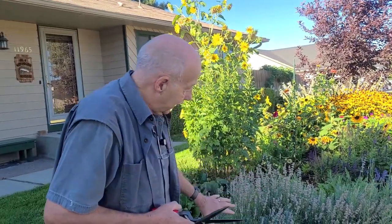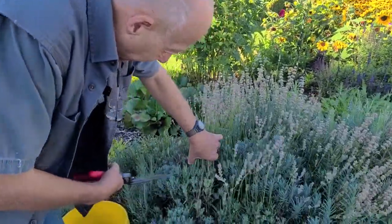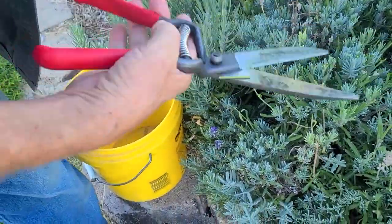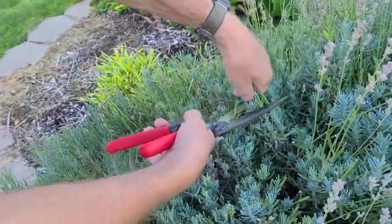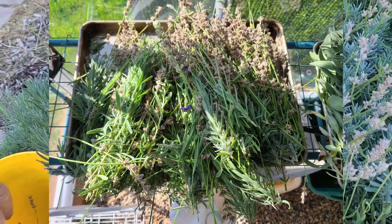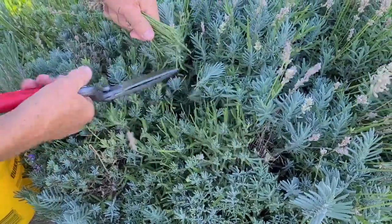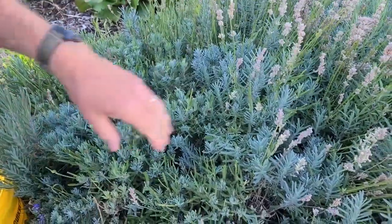My project today, while Gretchen's doing some deadheading, is to cut the last of the lavender out and move it into the greenhouse to dry, which we'll then use for lavender tea in the wintertime. So that's what I'm up to right now. I'll just put it in this bucket. And we'll put it on cookie sheets in the greenhouse, and that gets pretty warm in there, and it'll do a good job of dehydrating that. And then we'll remove it from the stems and use the seeds for